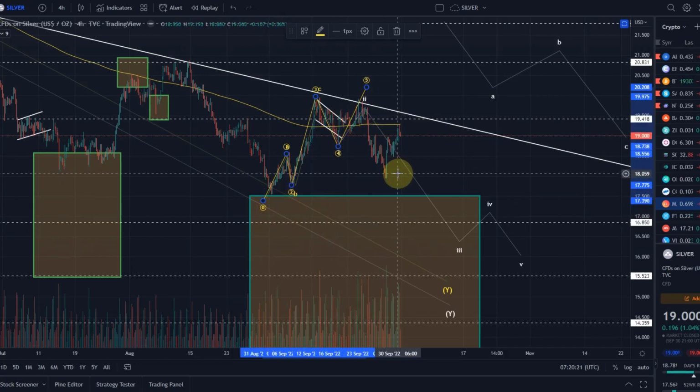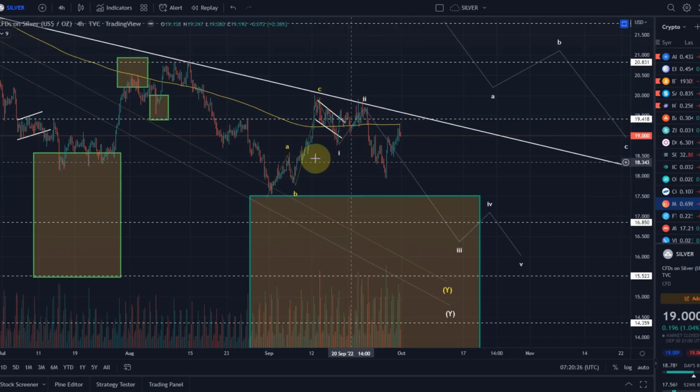Okay, so I have to assume at the moment that we are coming down once more, because this is a very clear 3-wave structure to the upside. 1, 2, ABC. There is a scenario in which we could still break out. I'm not convinced, but we could. I mean, if I have to force a 5-wave move into this, which again would be very forced. You can never rule something out.